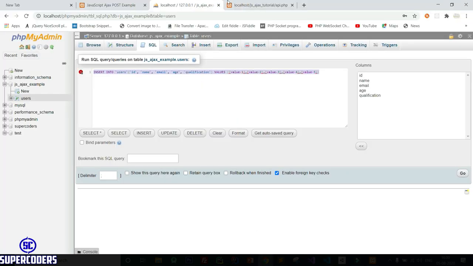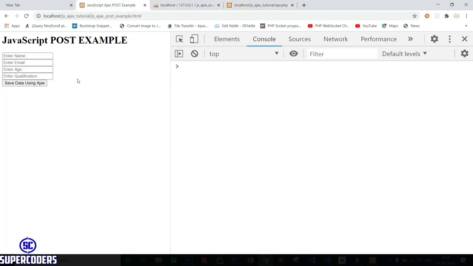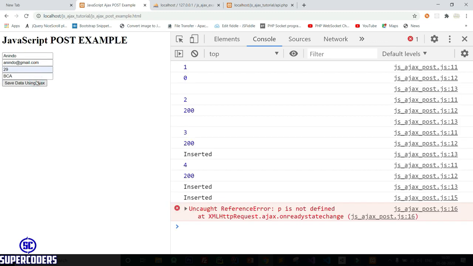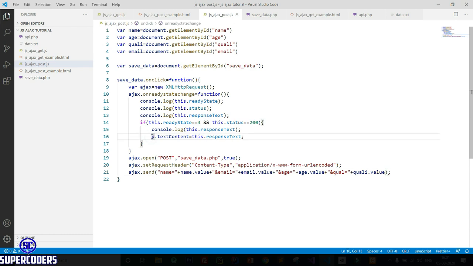Now let's try to make an Ajax request and save this data in our database. So come again here, refresh page, giving Anindo at gmail.com, 25, BCA, save, and you can see p is not defined but our data is saved. You can see response message, data is being saved, and this error is coming from this message.